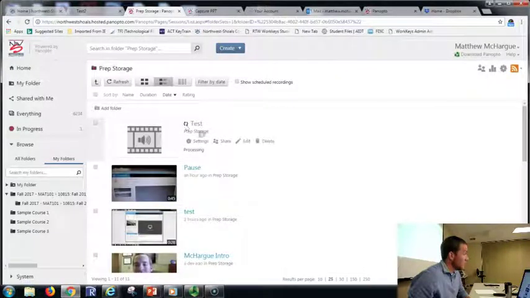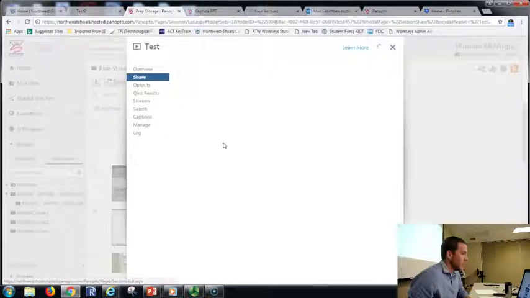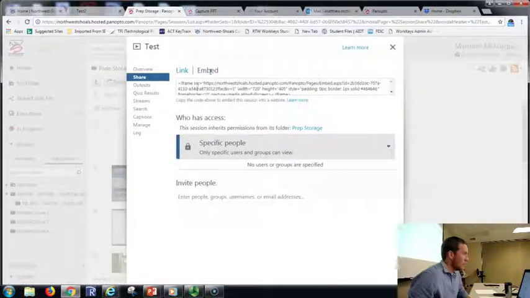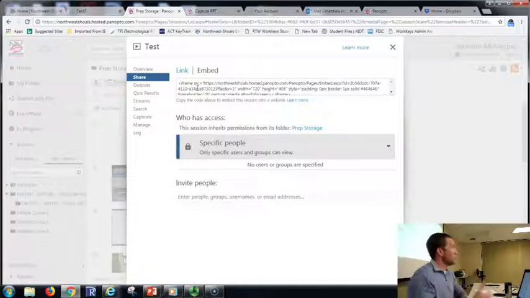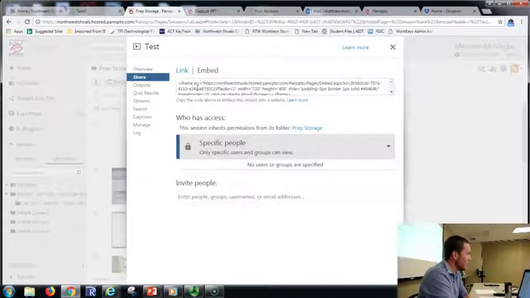Okay, so now it's in Panopto. Now I can go back and embed it the same way that I embedded the other. So it's just one more step of taking it from my computer, uploading it into Panopto, and then once I have it in Panopto, I can embed it the same way that I embedded the other one. Let's see, draw tools. All right, so now let's look at